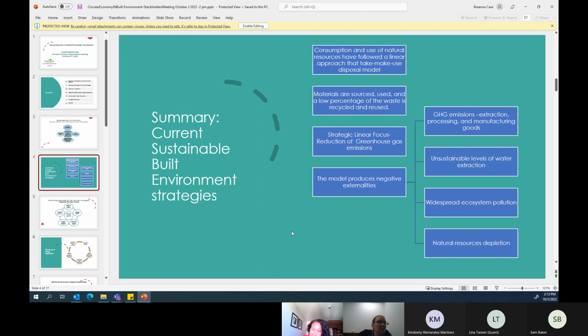So the externalities, which are negative environmental impacts, are the extraction, processing, and manufacturing of goods. They are so much more than what we have accounted for. There is unsustainable water extraction because we need it for the extraction of materials, and then there is widespread ecosystem pollution.